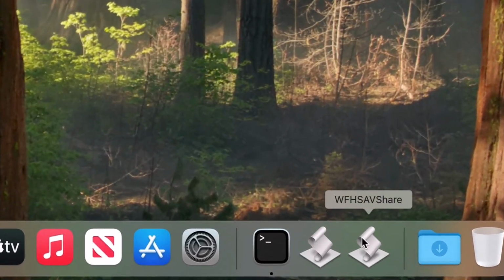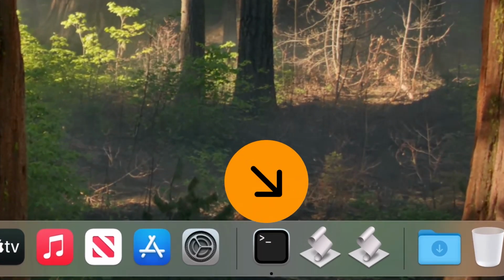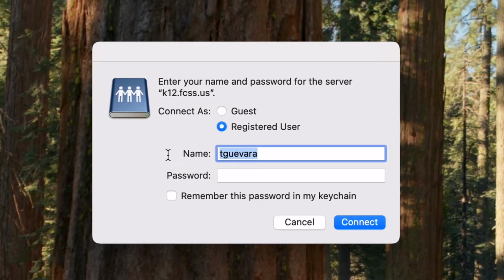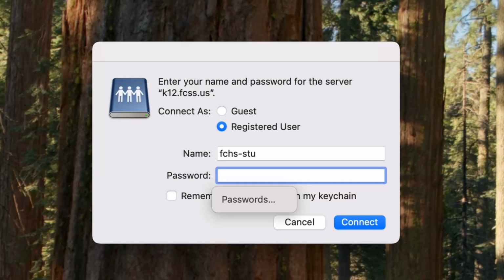Today we're going to talk about Apple, Mac, and Share drives. First, you're going to locate your Share drive. It's kind of that gray icon squiggly looking thing. And then once you select on it, it will ask for a login. Now this will be a preset login based off your building. And so for this example, we have Forsyth Central High School with a test student account, and we're just going